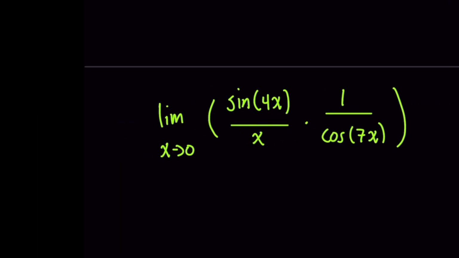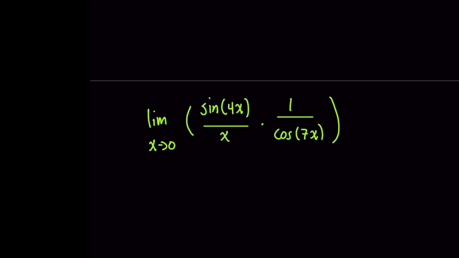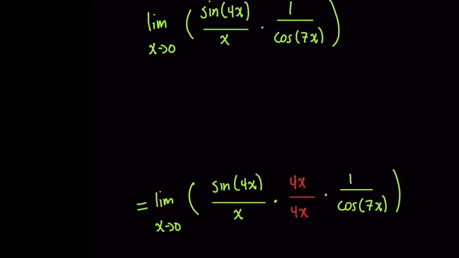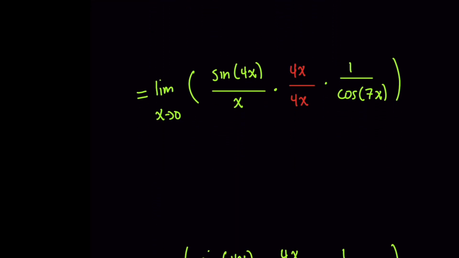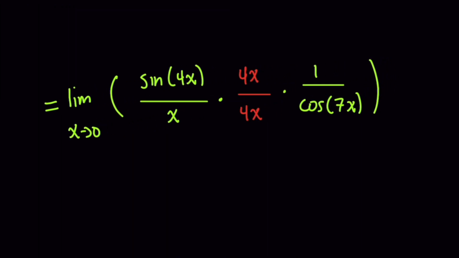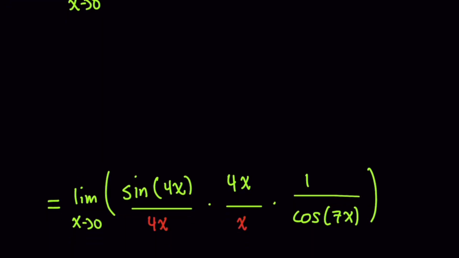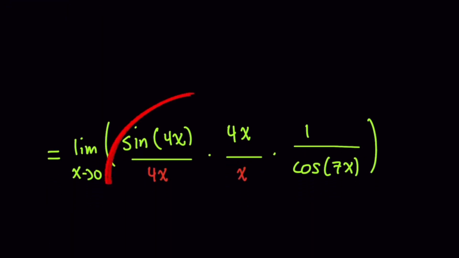We know the limit as x approaches 0 of sine of x divided by x converges to a 1. But how do we deal with this 4x here? And wouldn't it be nice if we had it on the bottom? Well, what if I told you that you could just simply add an extra term, 4x divided by 4x? Because now we have extra stuff we can play with, and we can actually swap these two terms now and move the 4x over underneath the sine of 4x, so that this left expression here looks like we could use